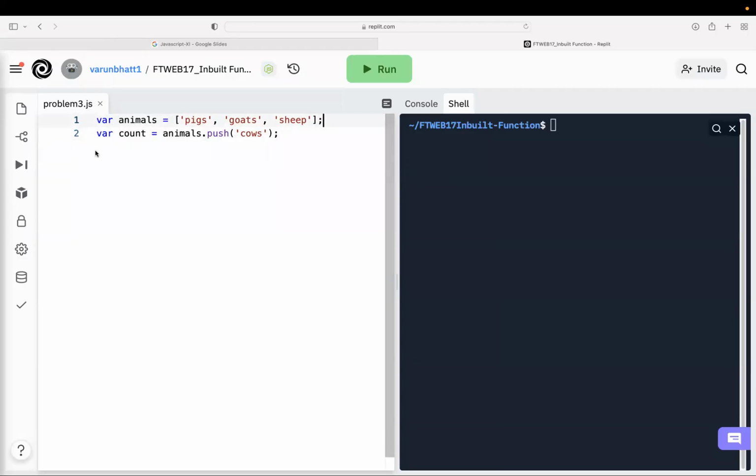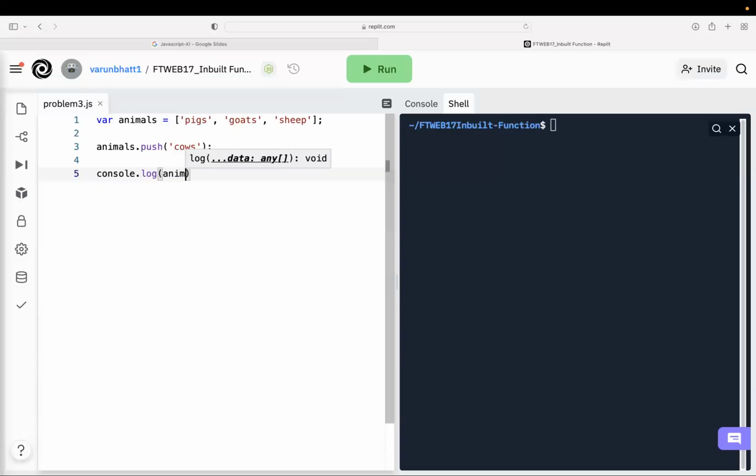Now here you can see var animals. So animals has three animals: pigs, goats, and sheep. Now can you see this one thing here? What I'm doing here is pushing an animal into my animals array. I am pushing the cows. So if I print it, you already know what will happen. In my animals,